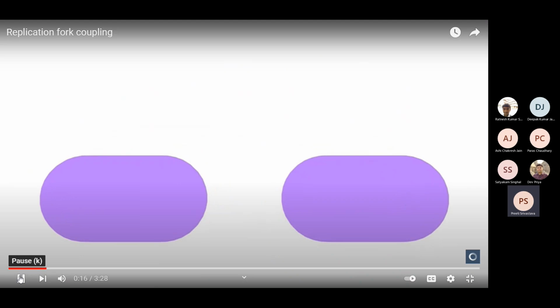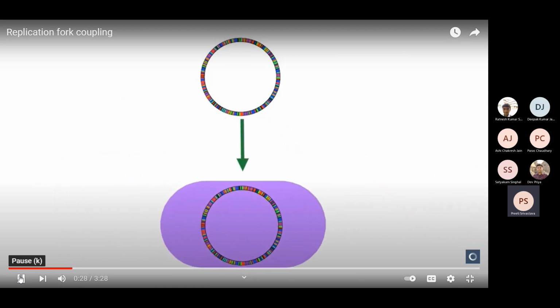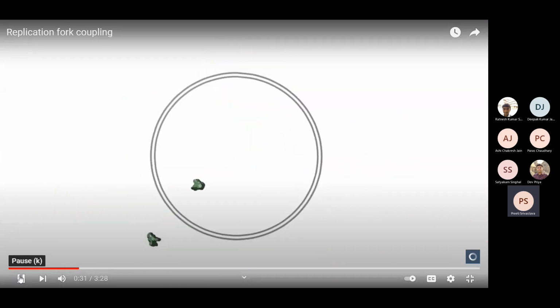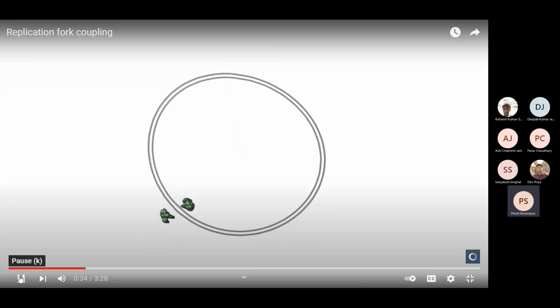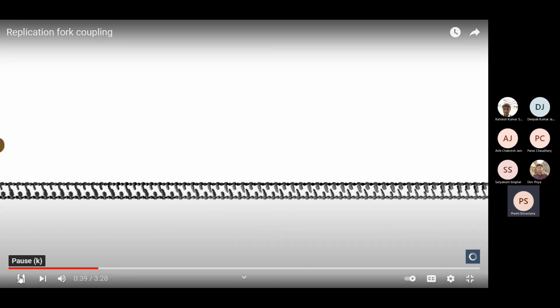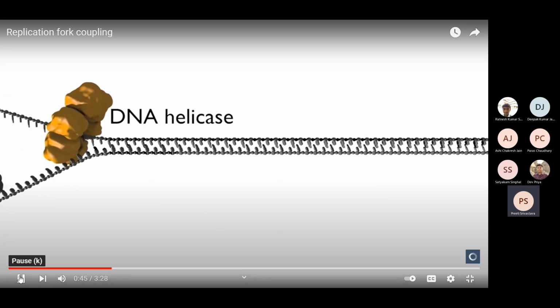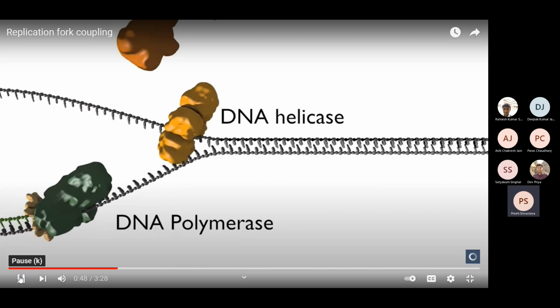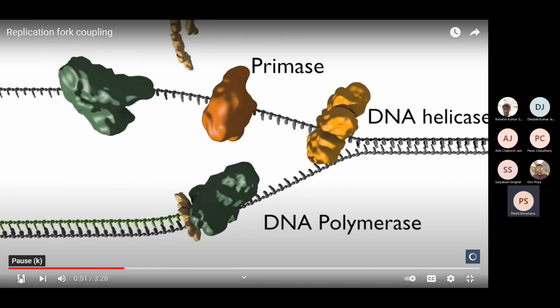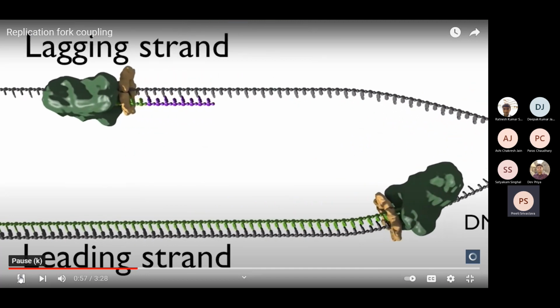Coordinates to the cell, as errors that are introduced into the DNA may lead to heritable mutations that could be deleterious to the cell or organism. Thus, an elaborate machinery is used both to assure correct copying and to allow the process to be regulated. Coupling of the two DNA polymerases, one for each strand, allows the process of fork movement to be coordinated. To understand how polymerases are coupled at a replication fork, we will first show a standard representation of the replication fork. In this typical representation, two DNA polymerases are moving in opposite directions, with one copying the leading strand of the DNA and the other copying the lagging strand.